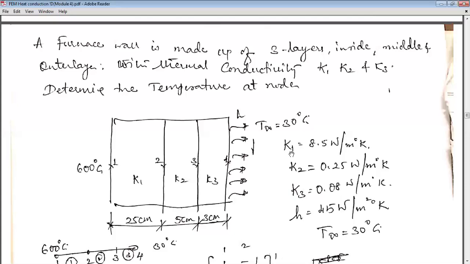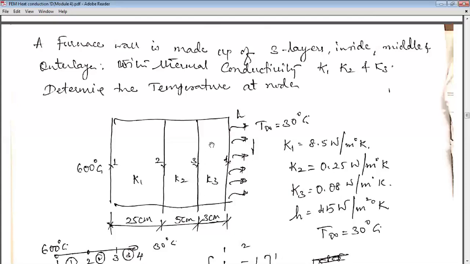So the thermal conductivity values are specified in all the problems. They will specify K1, K2, K3. K1 is 8.5, quite a bigger wall, 25 centimeters. K2 is 0.25 watts per meter degree Kelvin. Observe the unit, Kelvin. 5 centimeter thickness. The wall thickness is only 5 centimeters, and still smaller than that is 3 centimeters thick of K3. Okay, brick or whatever you call the insulators used in furnace